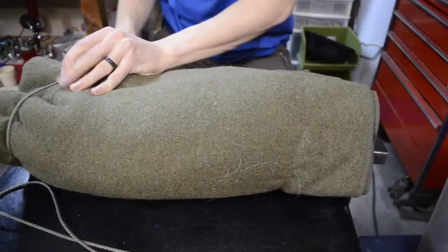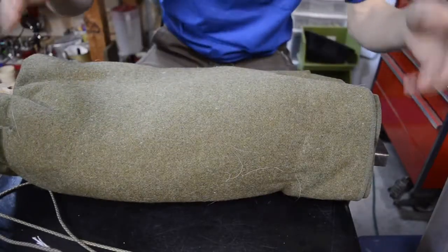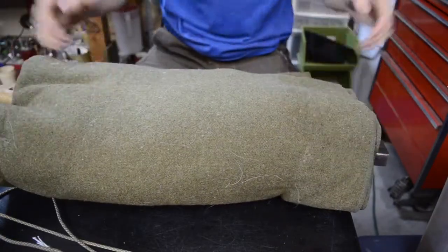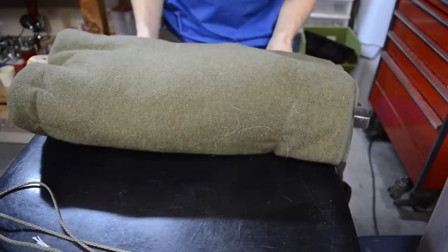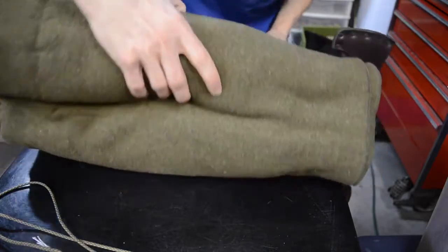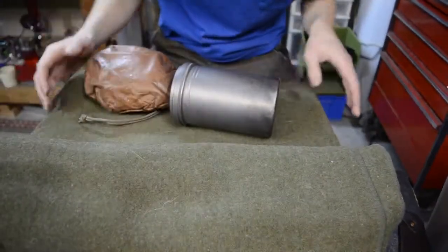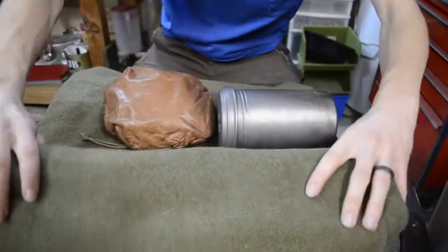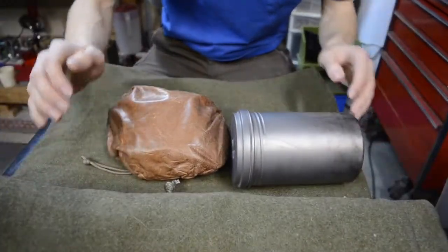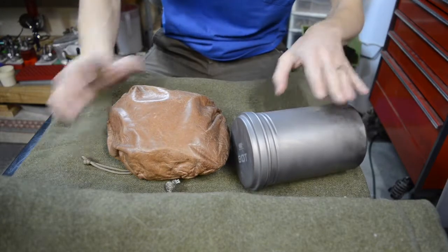So anyways, I just have these 2 straps here. They're just pieces of paracord with jam knots on them to keep everything locked together. So let's dig into what I have rolled up here. I don't have a whole lot rolled up, and I wanted to keep a heavy emphasis on minimalism. So the first 2 things, hopefully you guys can see here, are just my titanium bot by Vargo, and